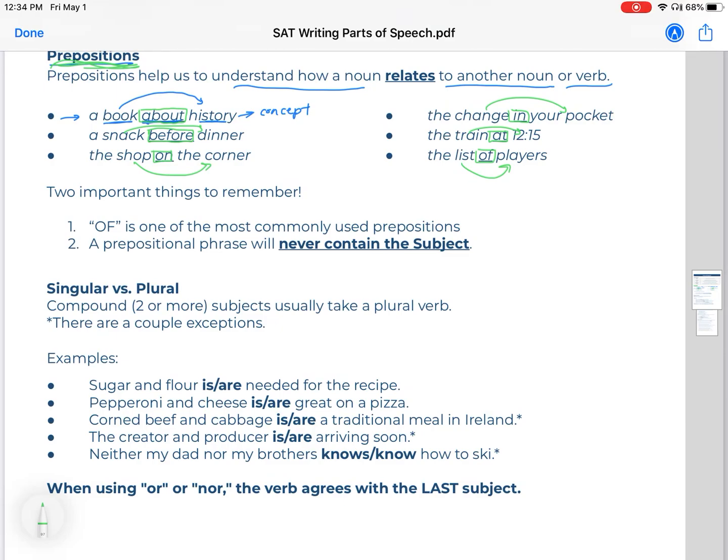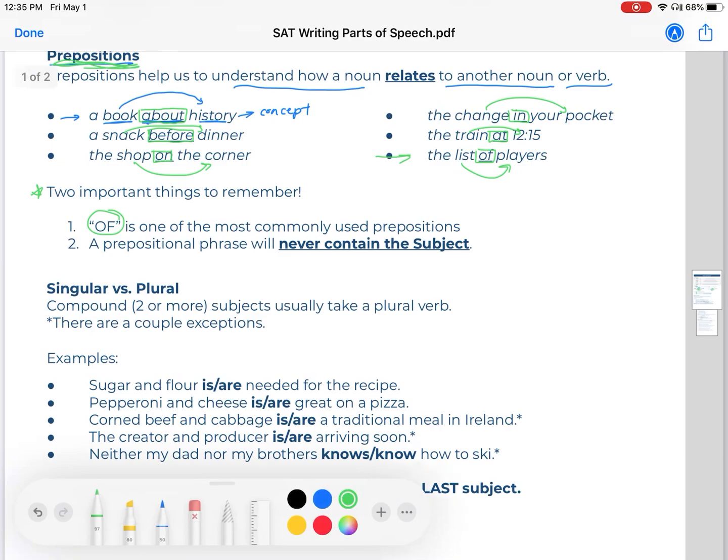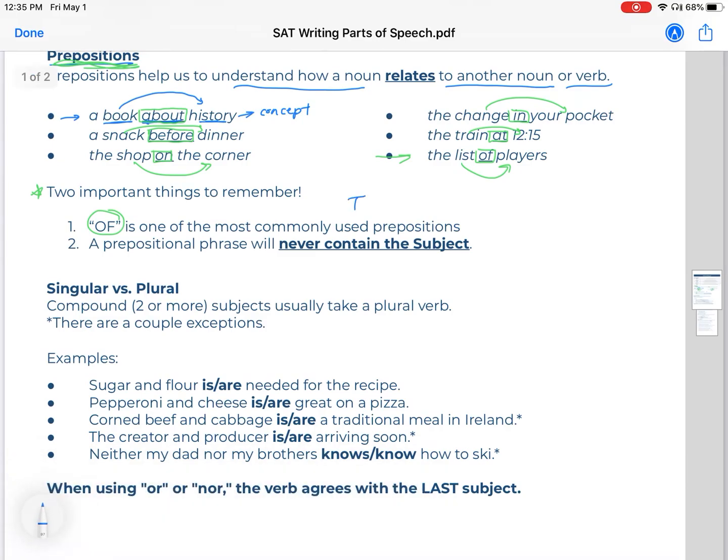Okay? The next step, though, is to understand how will this help us on the SAT or ACT or any kind of standardized test. Okay, so two things I'd like you guys to remember here. First is that one of the most common prepositions we used is of. Right, we see it here, the list of players. So I'm going to copy this down actually. The list